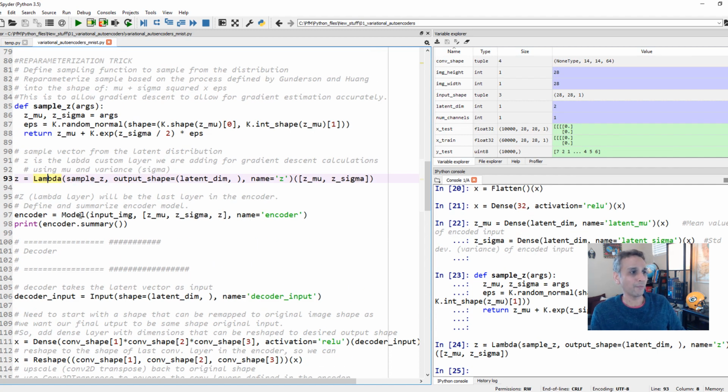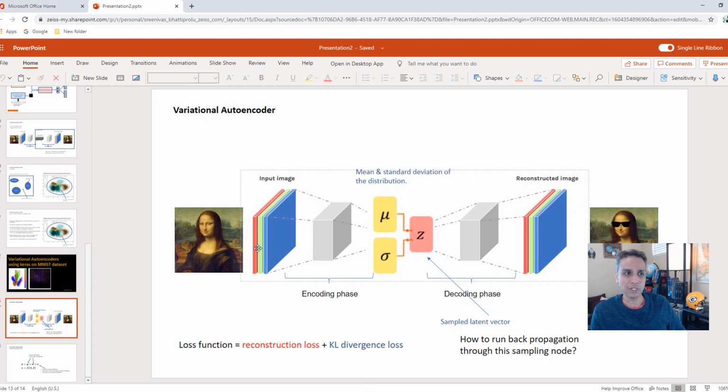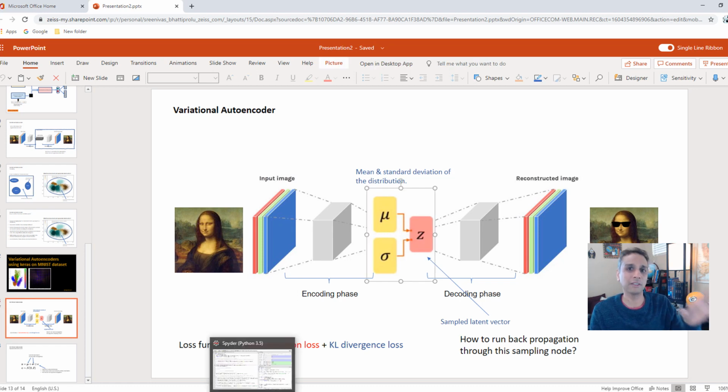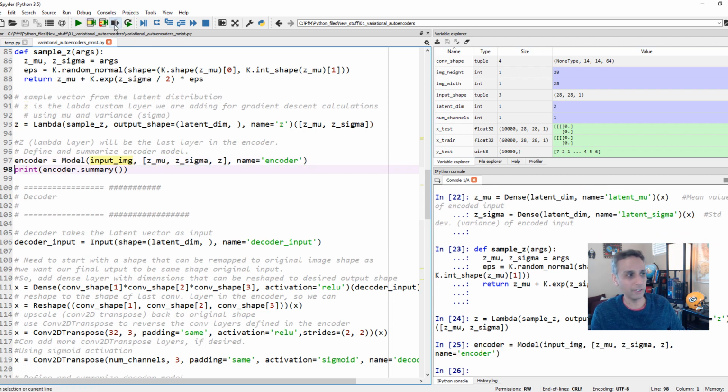But anyway, now let's put together the model for the encoder. We defined all these layers, but we have to put everything together, right? We haven't done that yet. So how are we doing that? When we put together a model, you have input and output. Input image is the input. Output is your mu, sigma, z. So the input image is your input to the encoder, and the output of the encoder is mu, sigma, z. I hope things make sense, at least on the first level. Watch it again and again, practice. Eventually it makes sense. Okay, so let's go ahead and run this line, assuming I have executed every other line,